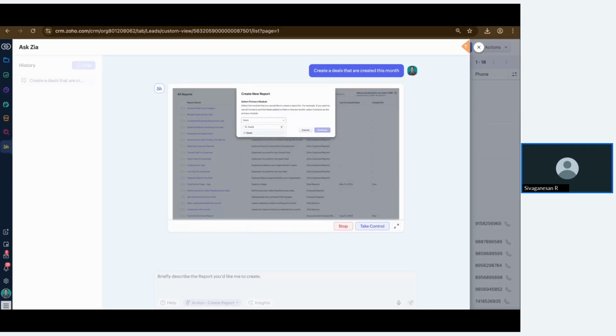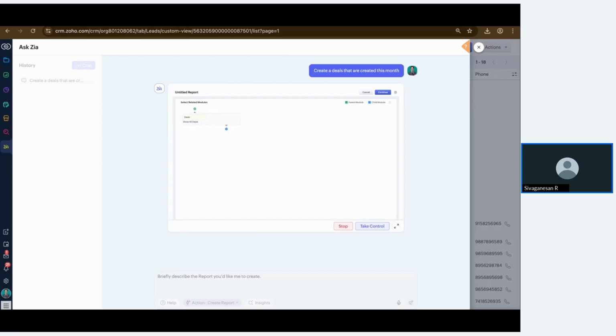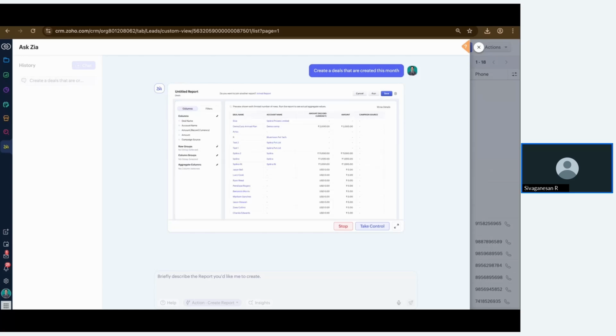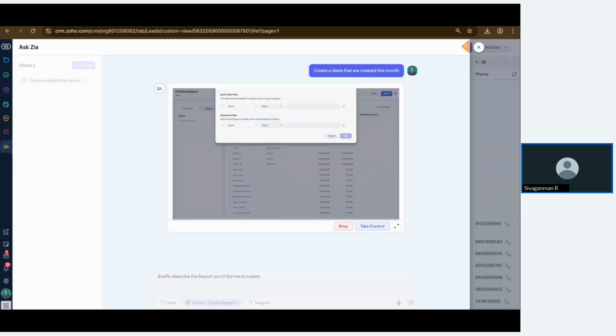If you would like to add specific columns, you can also mention that. Once that is added, Zia can create a separate report for you. It can also add a filter on the back end, because the main point I mentioned is I want to know how many deals are created this month.